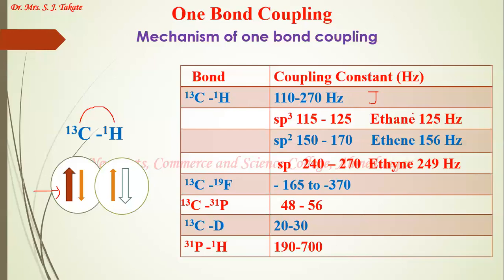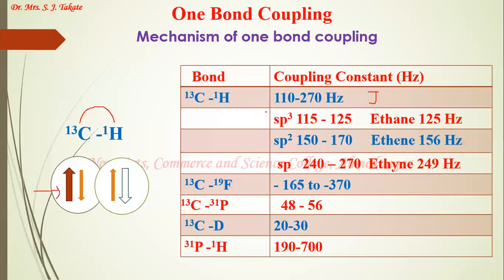The value is 125 Hertz for ethane. For ethylene, it is 156 Hertz, and for alkyne, that is the acetylene molecule, it is 249 Hertz. So the values are very large. One bond coupling constant values are found to be very large, and clearly it shows that here, as the percentage